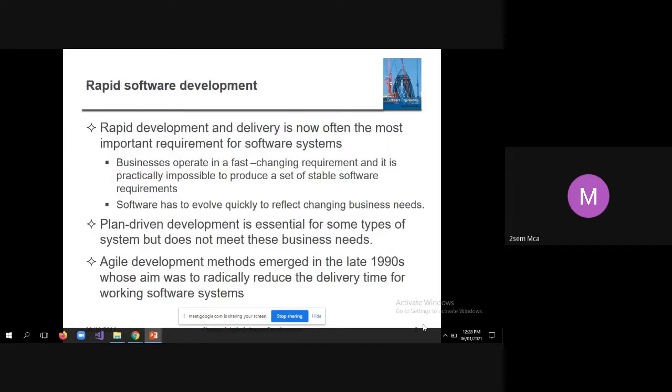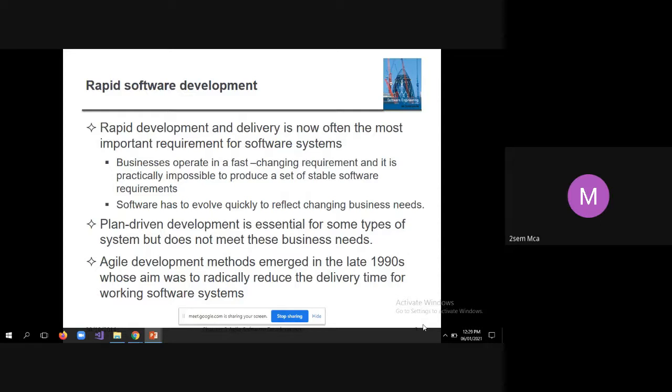Before going to that, we need to understand what is rapid software development. Rapid software development is a technique wherein you are not going to develop everything starting from scratch. For example, if you get a requirement to develop one software project, we need to identify for which components the code is already available.